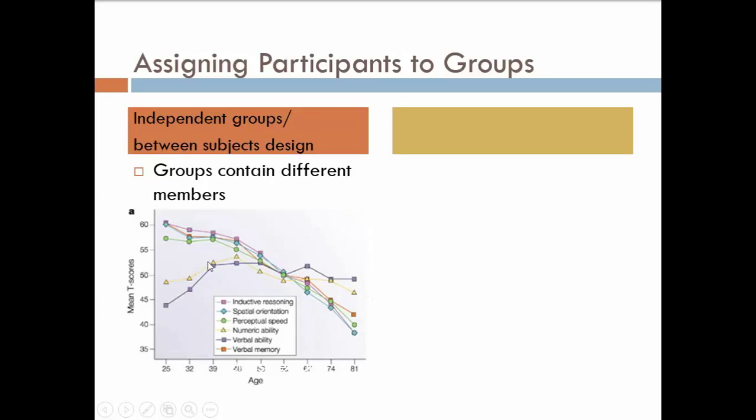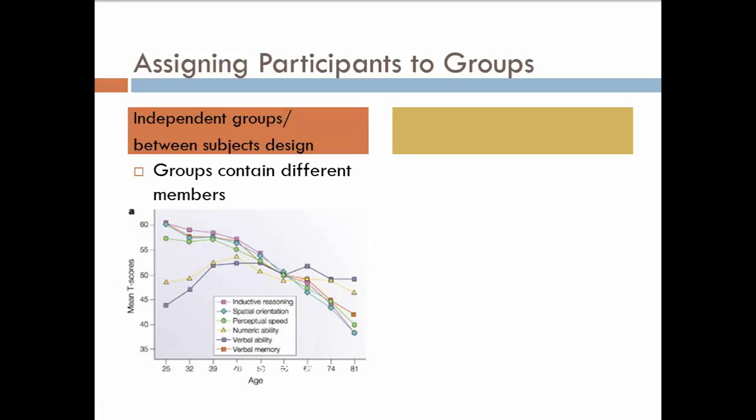They seem to increase until about 39, then they seem to be reasonably stable, a little variability across your lifespan. All the other ones seem to be the highest when we're youngest and the lowest when we're the oldest. It looks like with spatial orientation, perceptual speed, what have we got else? Verbal memory, and inductive reasoning. We've got a pretty steep decline in functioning across the lifespan when we do this independent groups between subjects design.